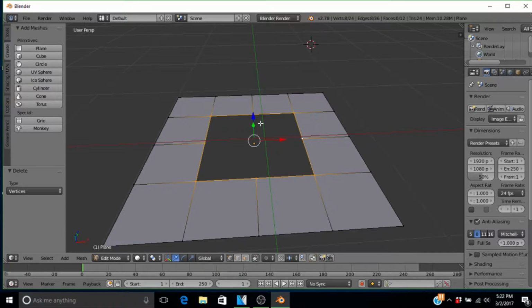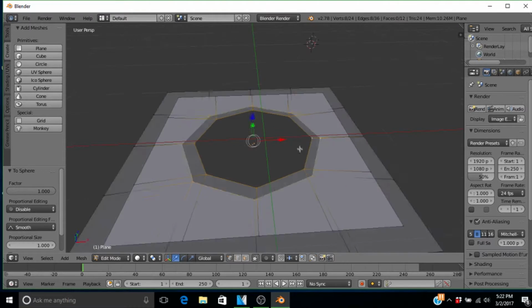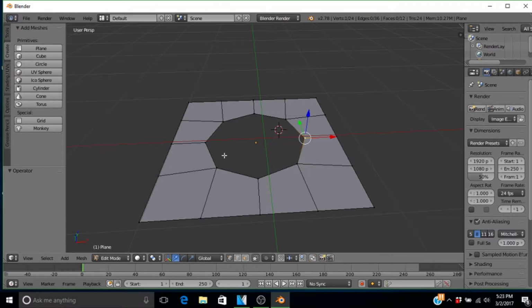you're gonna want to press Shift Alt S. That should make it so you can do this. Now you're gonna want to drag it all the way over to this side till it looks like this. Click, and as you can see, it's not a circle, but we're gonna show you how to refine that to